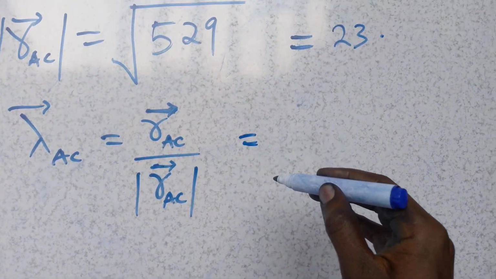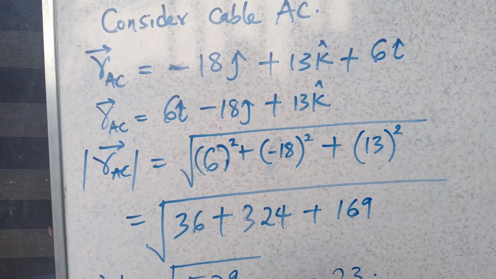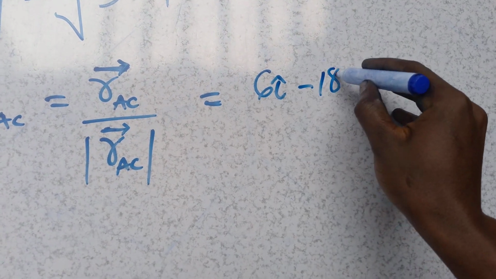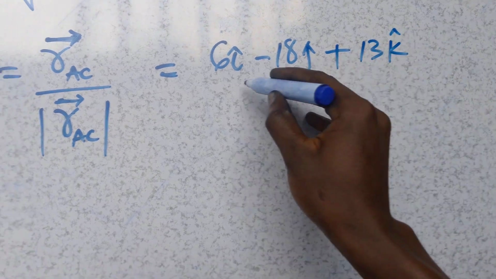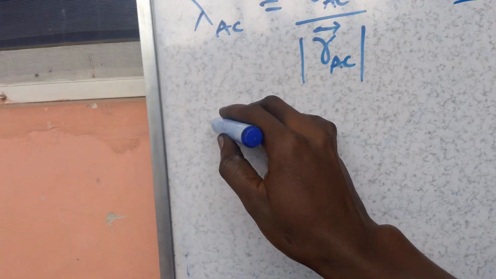If I take the position vector out, I have 6I minus 18J plus 13K divided by 23. Okay, so lambda AC